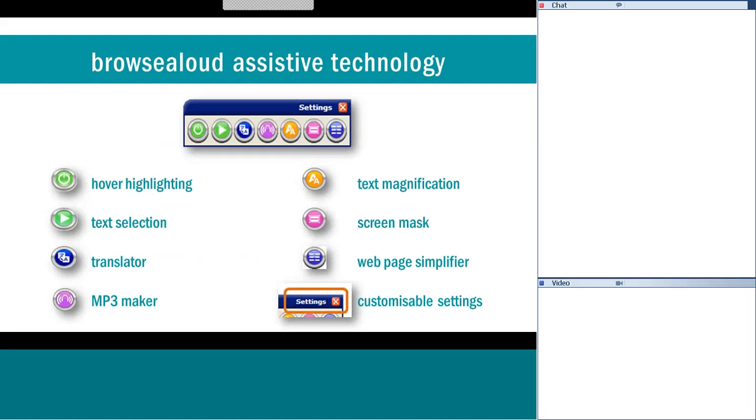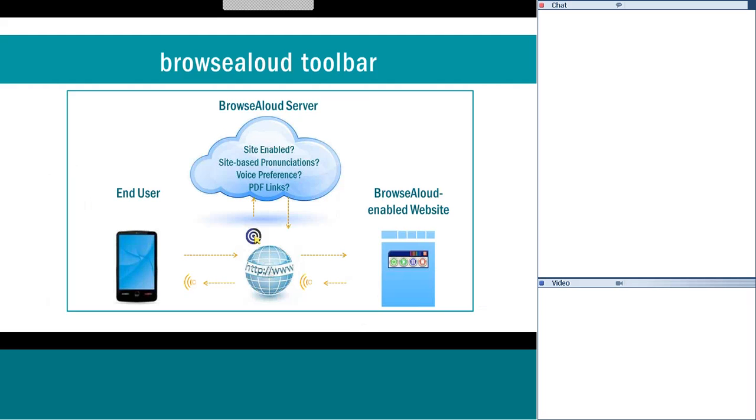So essentially what we do is we provide an assistive technology toolbar onto the website, and it covers a whole range of different functions which I'm actually going to go through with you, and I'm also going to demonstrate. But just first to explain that this is a cloud-based product, so everything happens in the cloud.